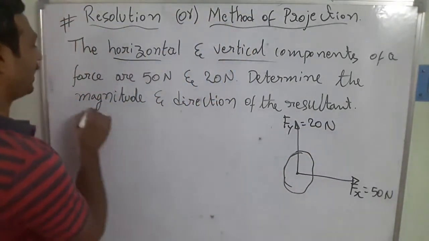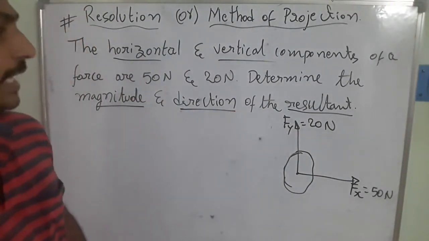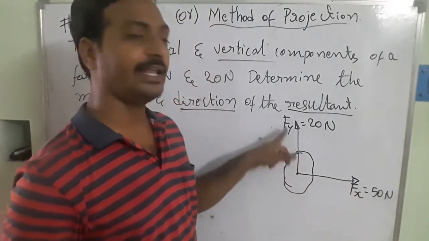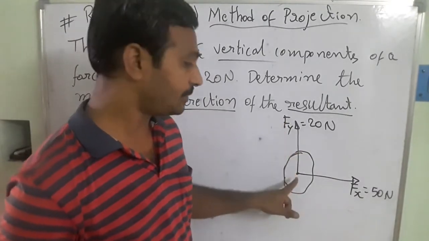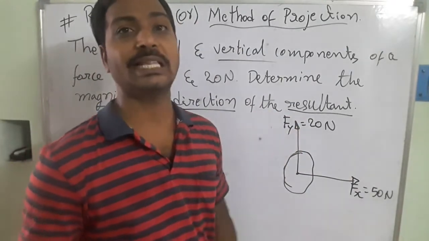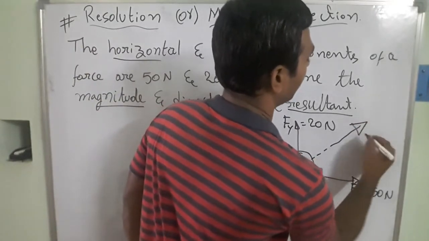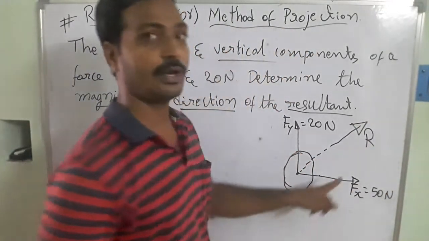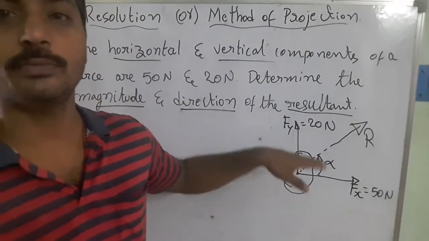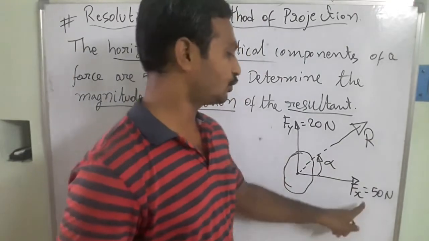So now we need to find out the resultant component, the magnitude and the direction we need to calculate. One thing we need to observe, the force is acting in the horizontal direction and the force is acting in the vertical direction. It is very clear that the object is not able to move in the x direction, nor in the vertical direction, but it will move in the other direction, that is the resultant direction. So that force I am going to take randomly, this is R, the resultant component, and it is making an angle alpha here. So alpha is the resultant component's inclination with the horizontal component, and R is the resultant component of these two forces.